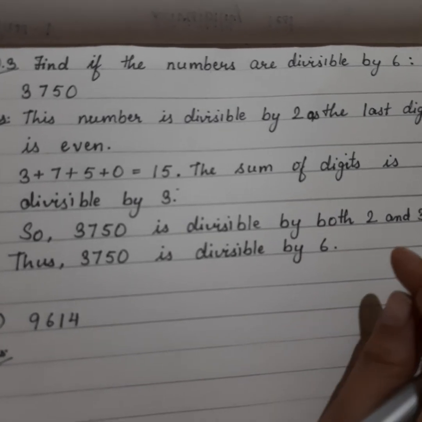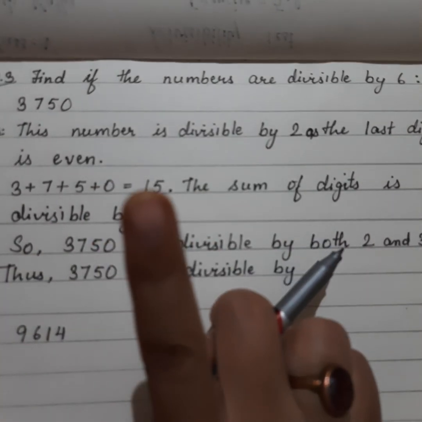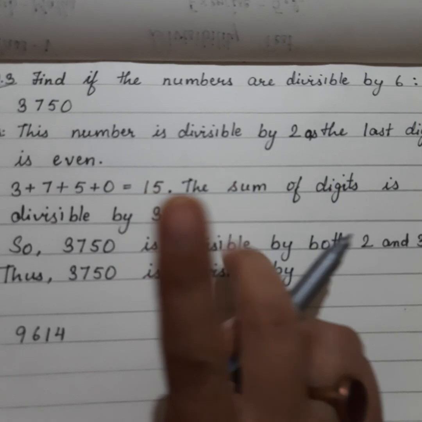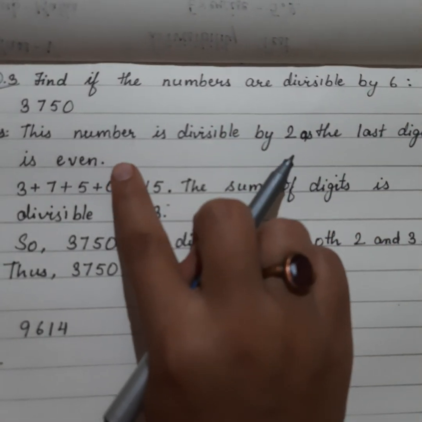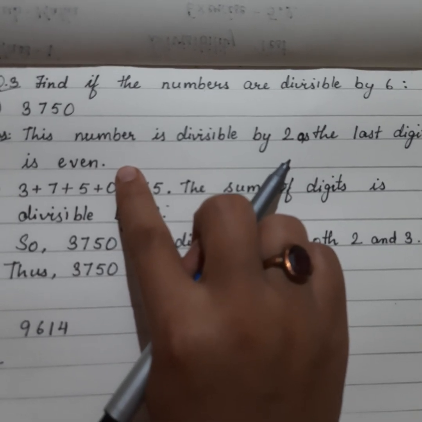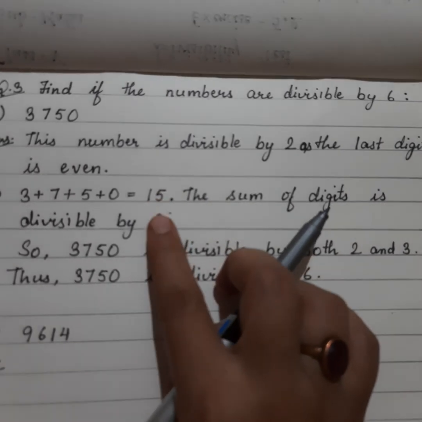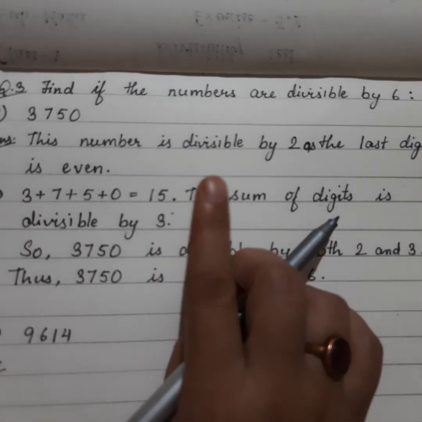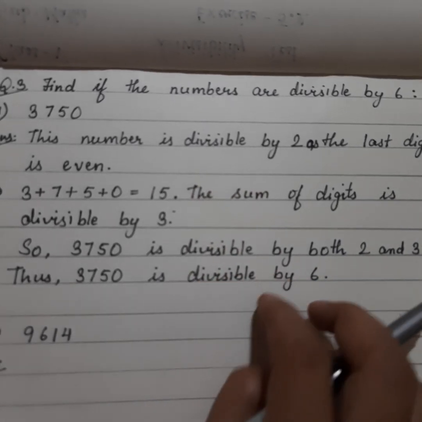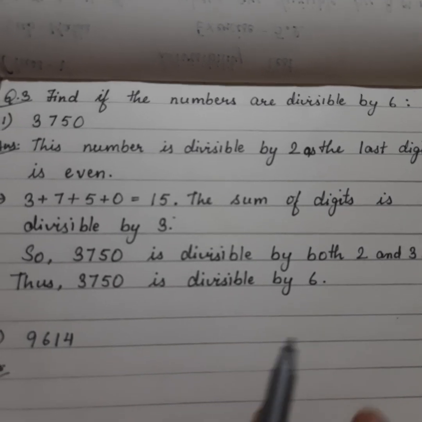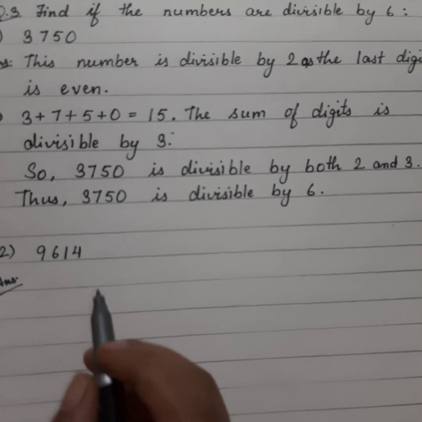So what we have learnt here is the number should be divisible by both 2 as well as 3. For divisibility by 2 it should have an even number at the last digit, and for divisibility by 3, the digits on adding should give either 3 or a multiple of 3. If this is proved, then only we can say it is divisible by 6. So let's do one more example so you will be more clear. That is